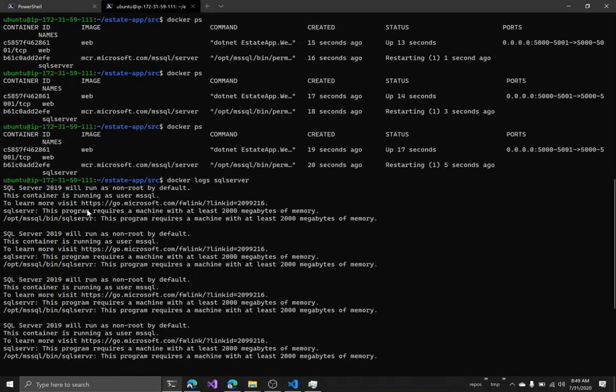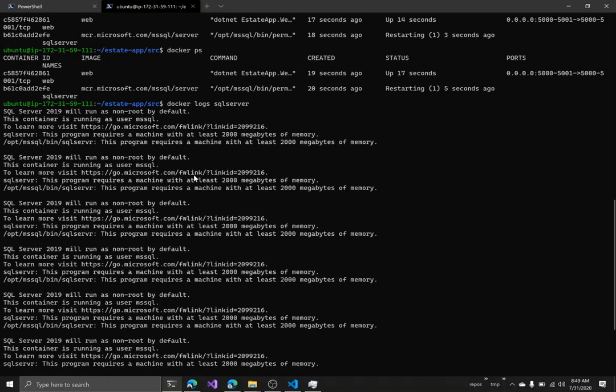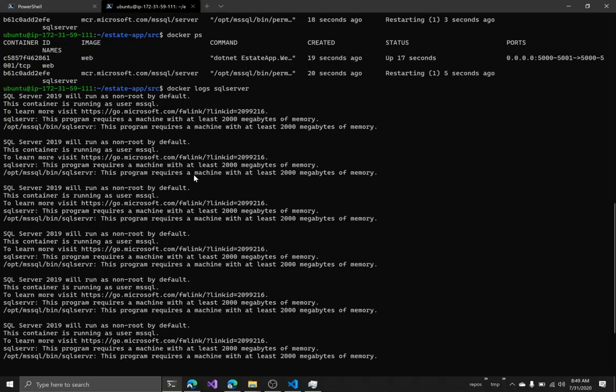So unfortunately, we don't have enough RAM on this machine. So SQL Server is saying, hey, I need more RAM to run. So that's a problem. I usually don't create these small machines, but